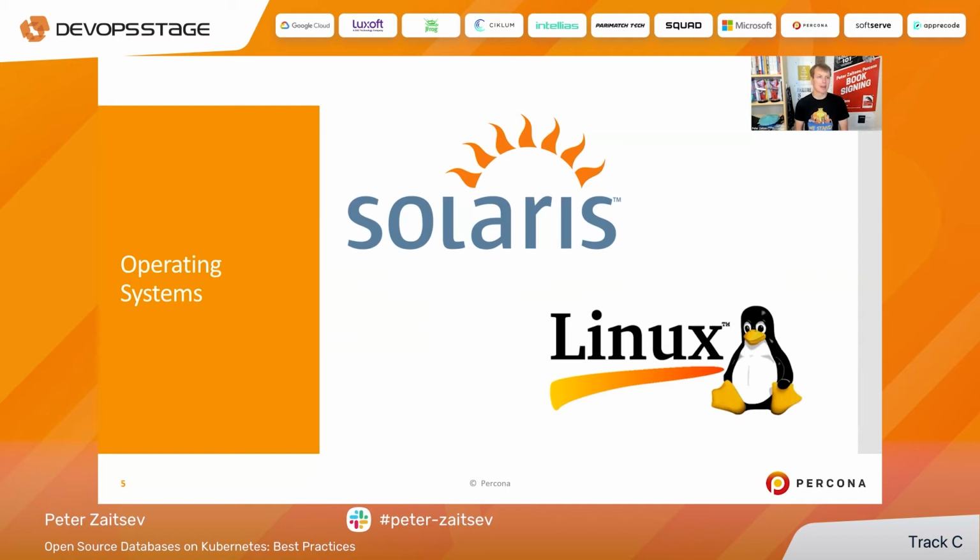It couldn't really run well on multiple CPUs. It could not even support file sizes of more than 2 gigabytes. Believe it or not, that was a limitation at that time. But guess what? As open source slowly but steadily grew and improved, Linux replaced Solaris as an operating system almost